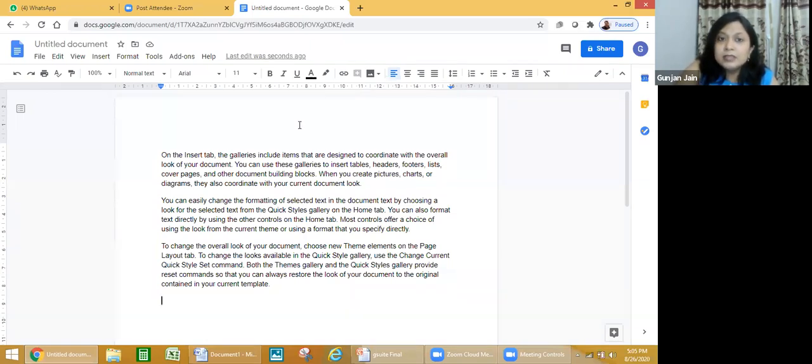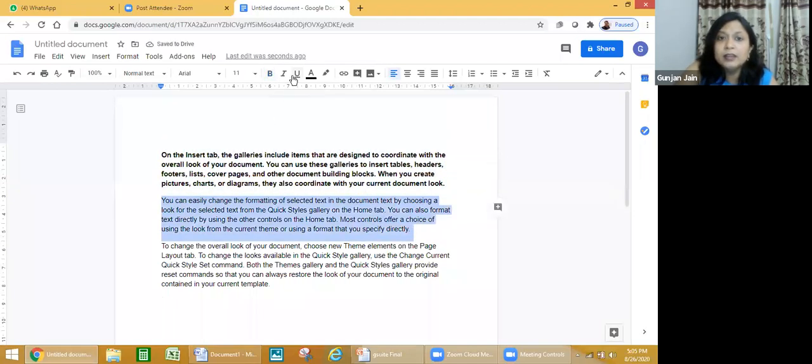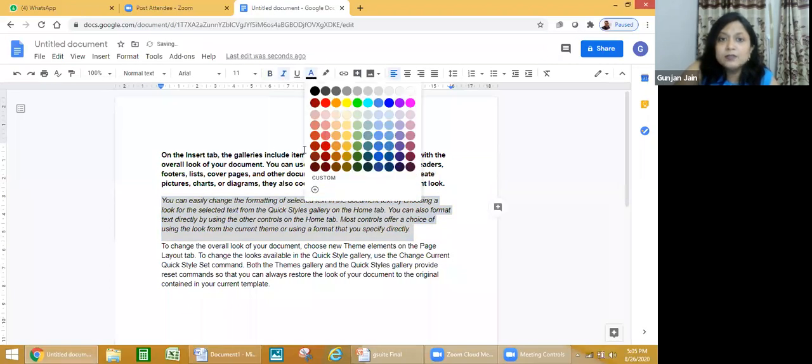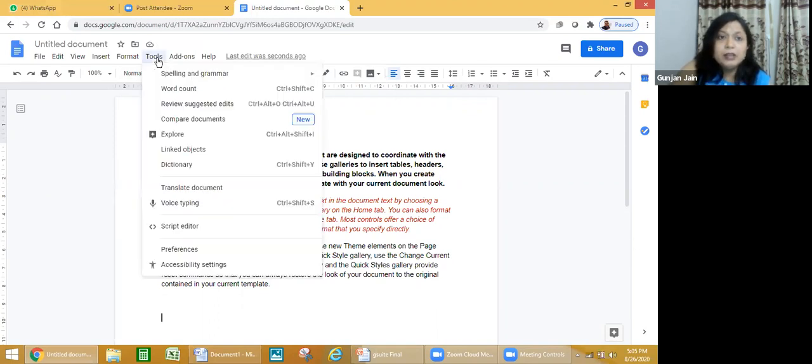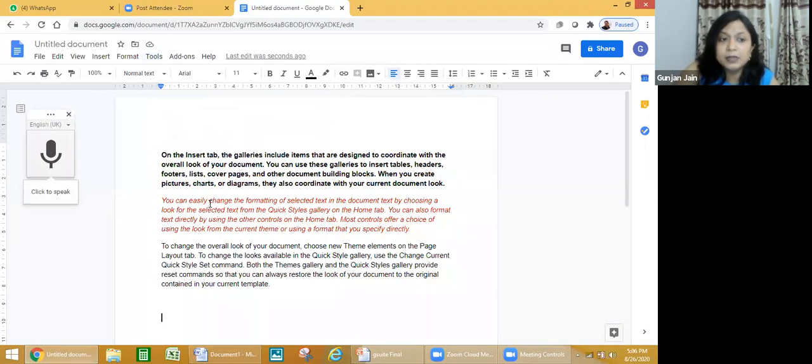Now there are various things that you can do besides the various formatting options that we already have. Like we can do bold, we can do italic, we can increase or decrease the size, we can change the color. All these things that we generally do in Microsoft Word, we can do over here also. But besides that, we have some other options also, which are available only in Docs. Now, what are those options? I'll tell you one by one. We will go to tools and we have the option of voice typing. Now we can type using our voice.